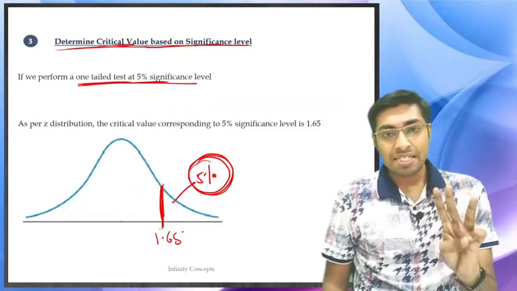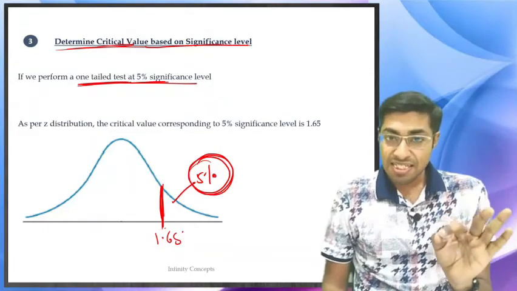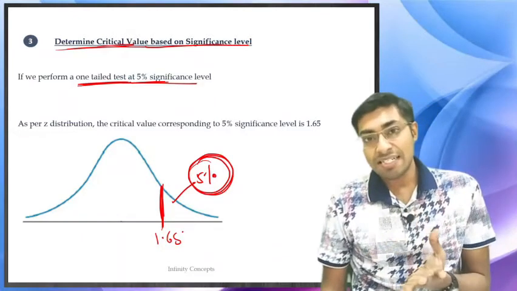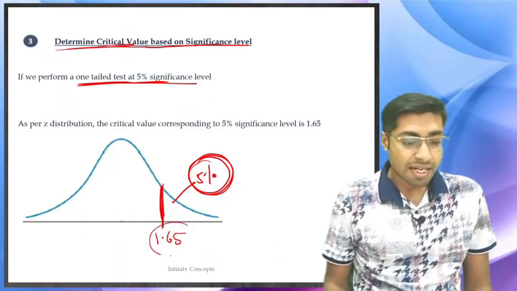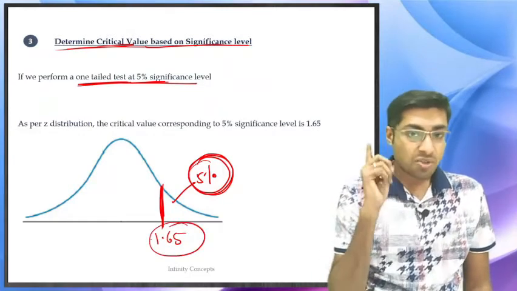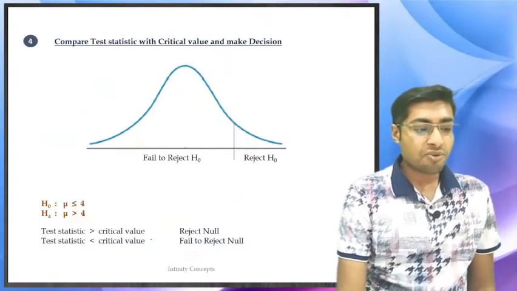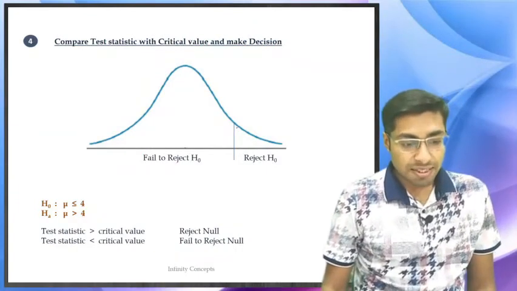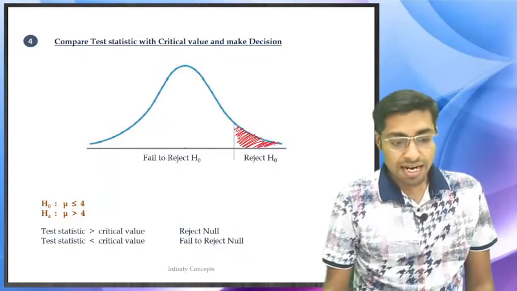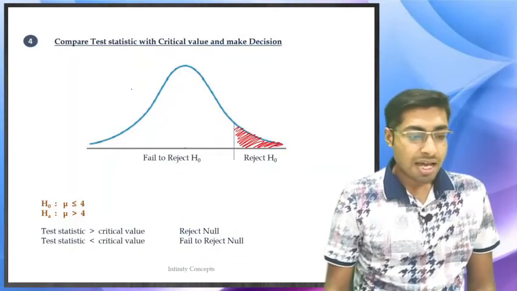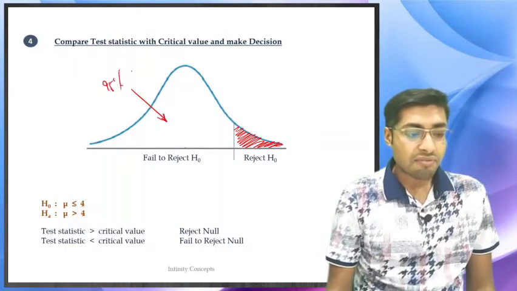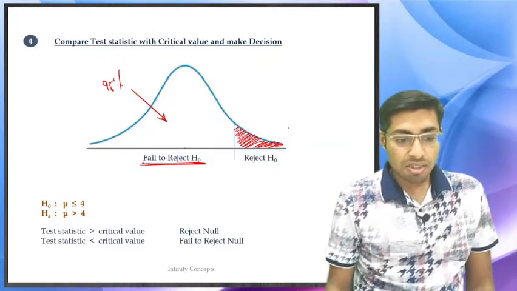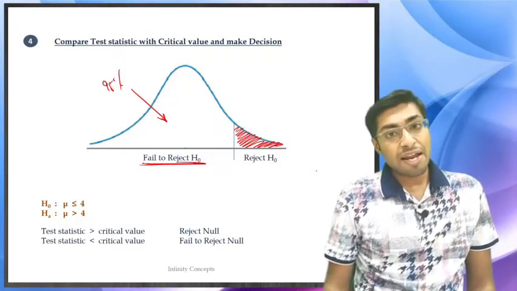So your third step is understanding what your significance level is, determining whether you are using a one-tail test or a two-tail test, and then finally determining the critical value. Once you have the critical value, the fourth step is to compare the test statistic. Remember, over on this side we reject the null hypothesis, and in this 95% we fail to reject the null hypothesis. Your test statistic was 2 and your critical value is 1.65.